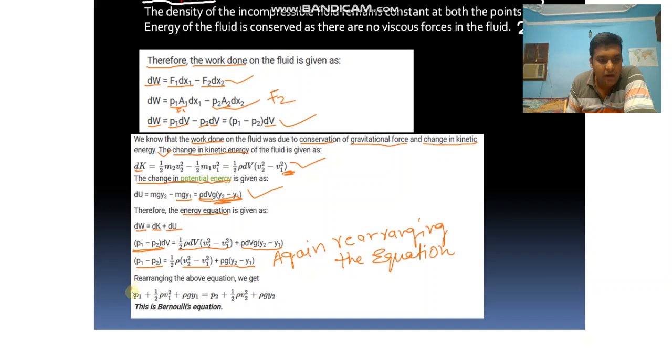So this is our Bernoulli's equation, and this is the most valuable equation which we are going to use in our future questions, in theory, in various parameters or various ways you can